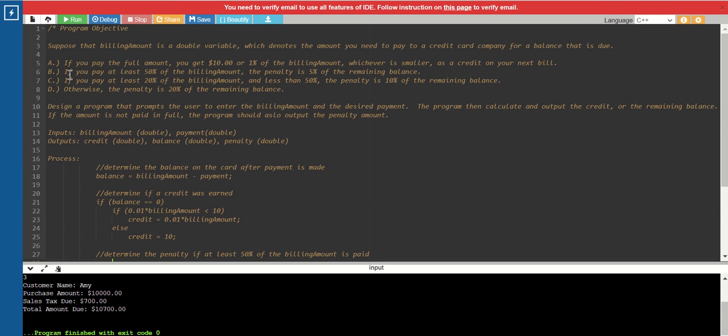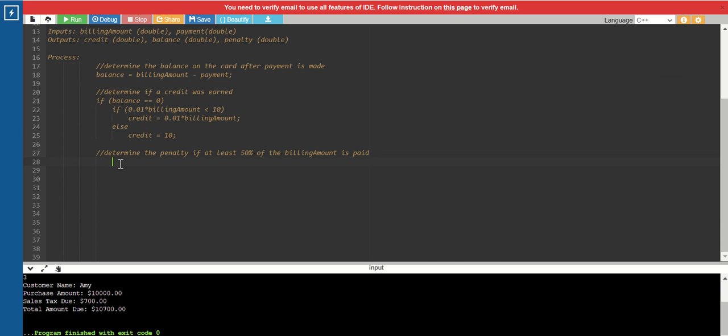So we need to figure out, did 50% of the billing amount get paid? We need to see if that was paid. So what we're going to do is set up another if statement. If the payment, that's what the user is paying, is at least 50%, so it could be 50%, could be more, so we're going to use the greater than or equals to sign here. If the payment is greater than or equal to 50% of my billing amount,